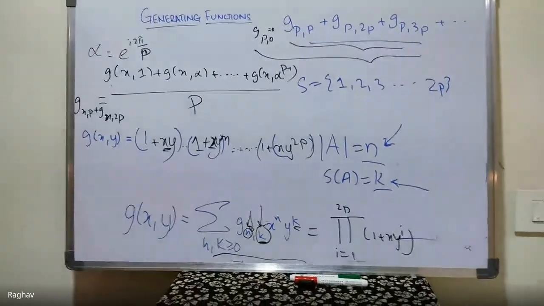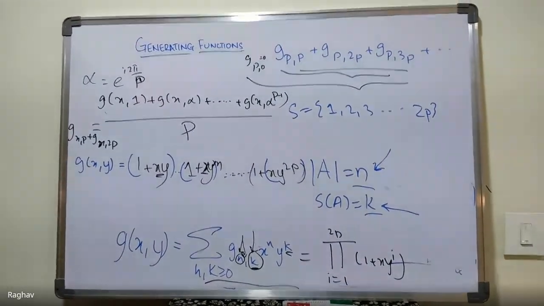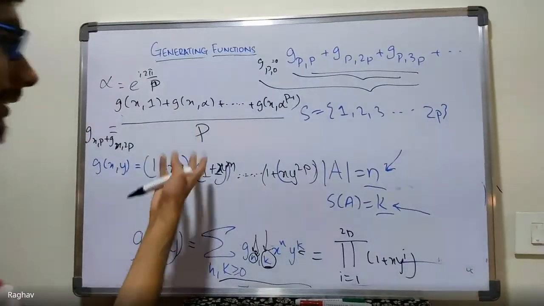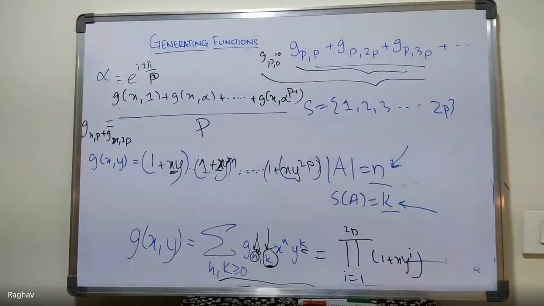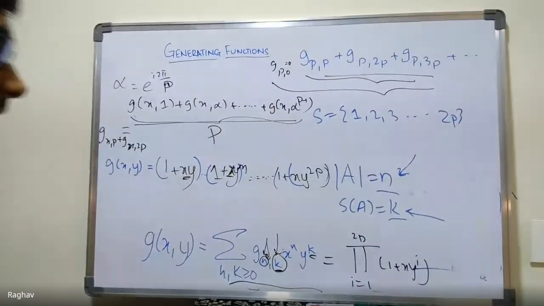Actually, I'm not sure why that is true. Why are we replacing y by some complex number? I thought everybody said they were comfortable with the roots of unity filter. That's basically the roots of unity filter. Okay, so agree on this for now, and you can just look it up. It's very easy to show that that is true. And now these are actually pretty easy to evaluate.